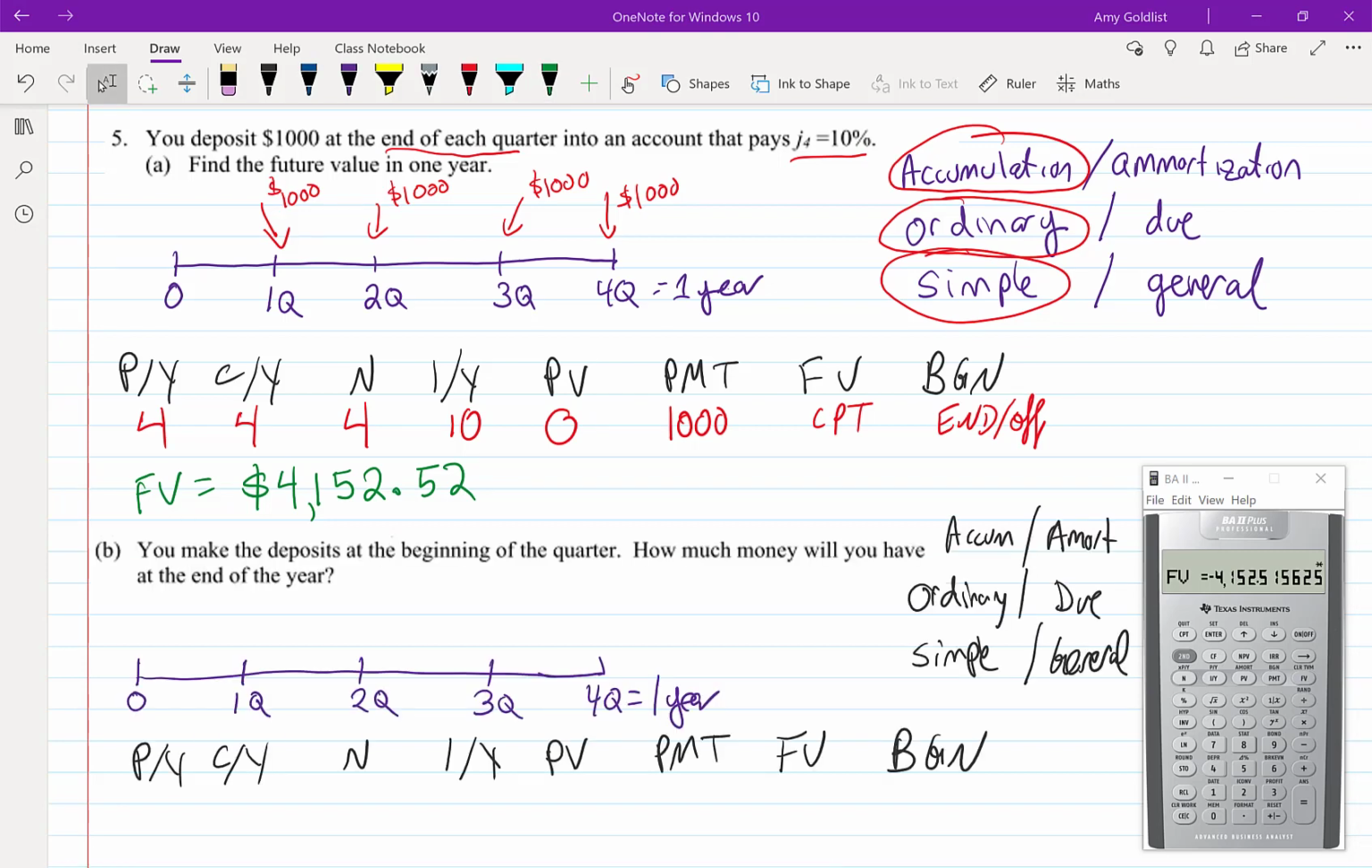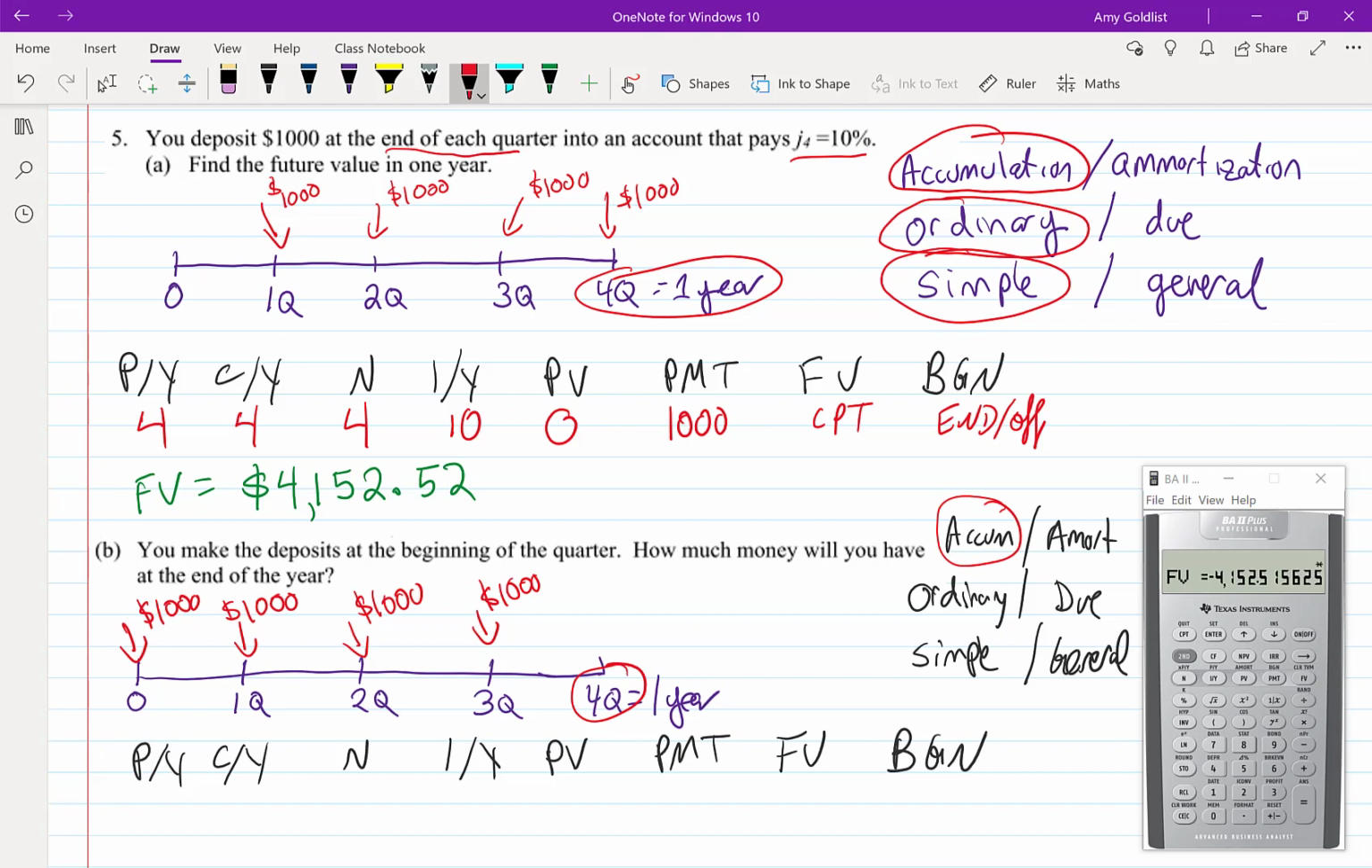Let's do it again. B, you make the deposits at the beginning of the quarter. How much money will you have at the end of the year? I'm going to draw this in and show you that it looks very similar, except one payment comes in right now at today, and the last payment comes in at 3 quarters, and we're still trying to find the future value at 1 year. I'm still accumulating, but now